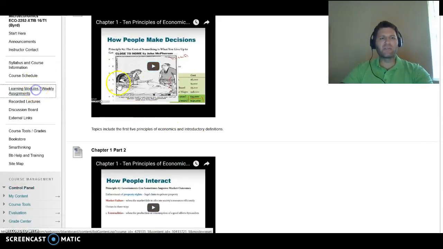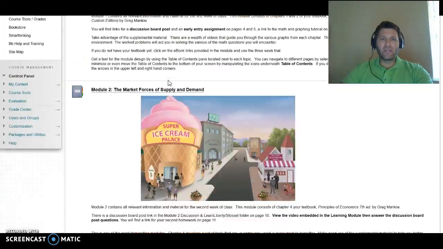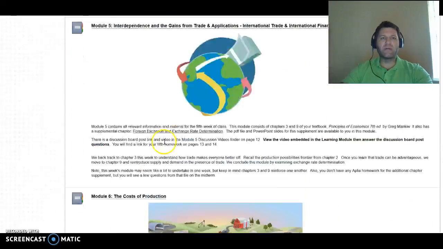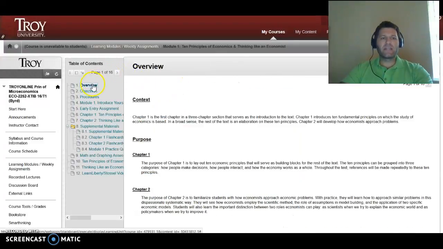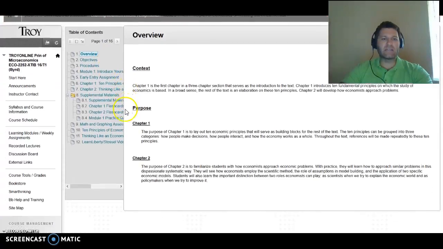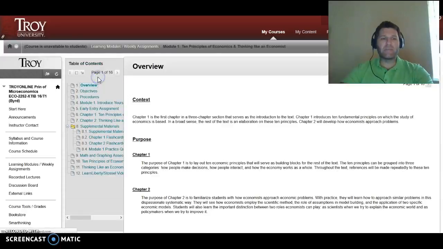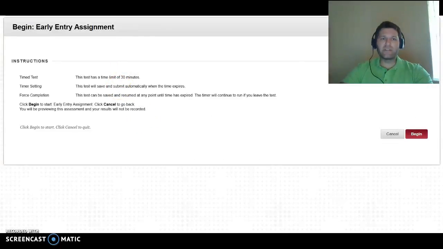Let's go to the learning modules and weekly assignments. You have 8 learning modules total, and then you have your last learning module, which will be your final exam week learning module. But when you go into your learning modules, you're going to see that you can click on each of these and it takes you to a different area or different link inside the learning module. So if I wanted to go to, let's say, the early entry assignment, I'm just going to click on that,